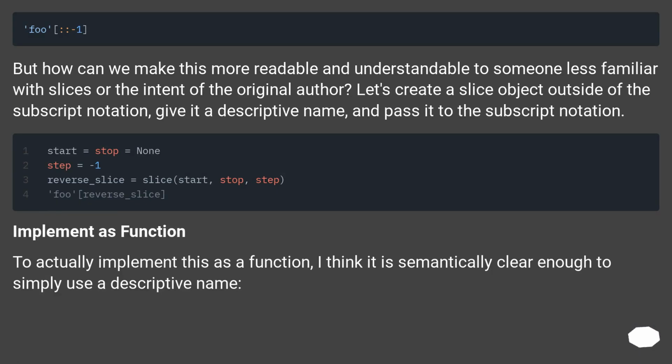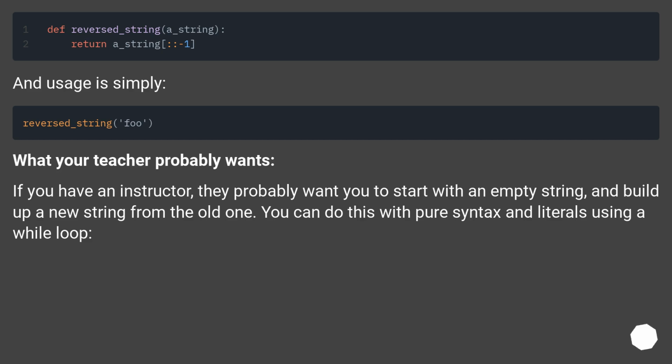But how can we make this more readable and understandable to someone less familiar with slices or the intent of the original author? Let's create a slice object outside of the subscript notation, give it a descriptive name, and pass it to the subscript notation. Implement as function. To actually implement this as a function, I think it is semantically clear enough to simply use a descriptive name. And usage is simply